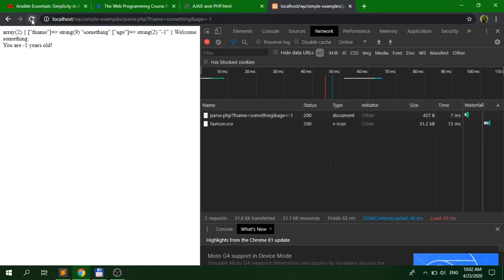So yeah, okay, we can actually see the print here. We can see that the $_GET superglobal variable is an array with two elements. The first one is a string, something, and the key of this is fname, and the second one is age with the value -1, of course. But we can set another name here, because now we're actually sending the query